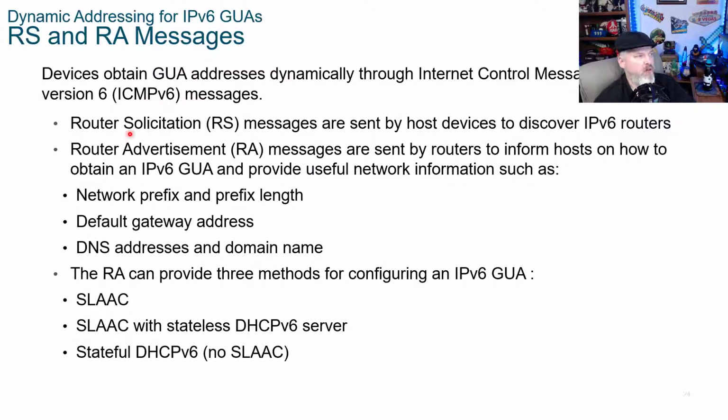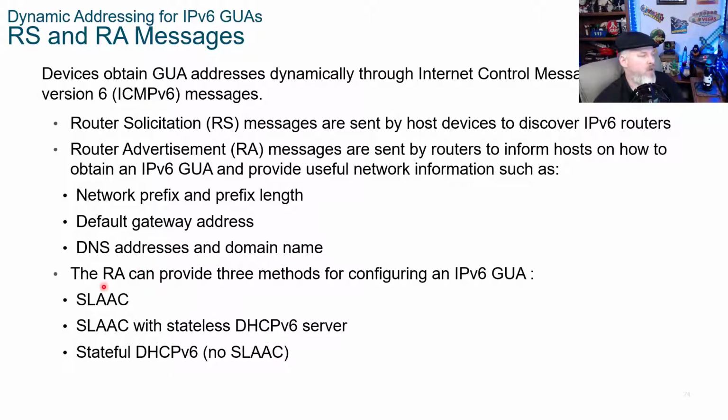ICMPv6 router solicitation. Remember we had ARP under v4? Well, this is v6. Router solicitation, or RS messages, are sent by the host device to discover v6 routers. Router advertisement, or RA, messages are sent by the routers to inform hosts on how to obtain a v6 GUA and provide useful network information such as network prefix, prefix length, default gateway address, DNS addresses and